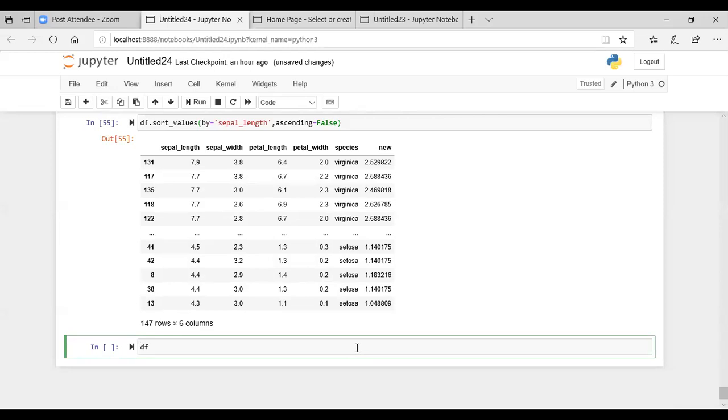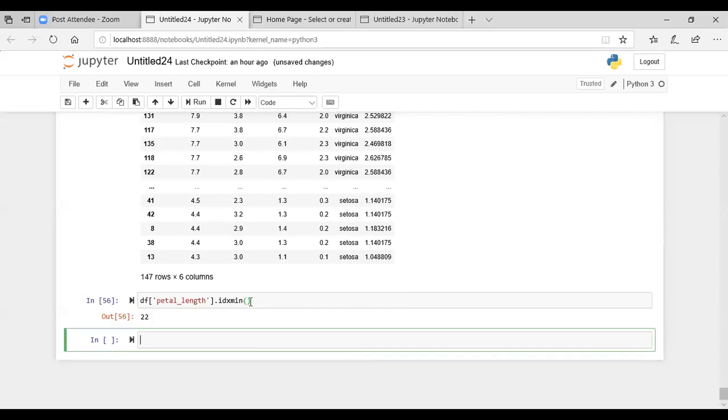After this, let's see, we want to determine what is the index number of the row for this petal length column where its value is minimum.